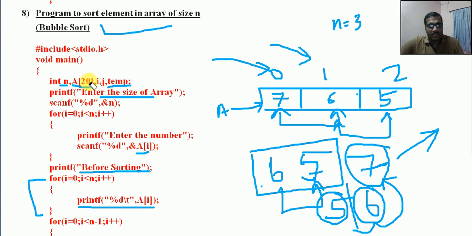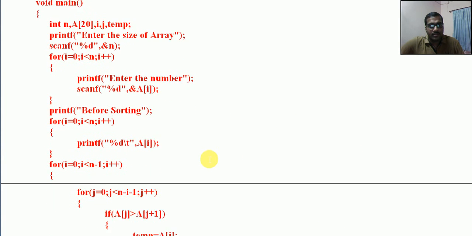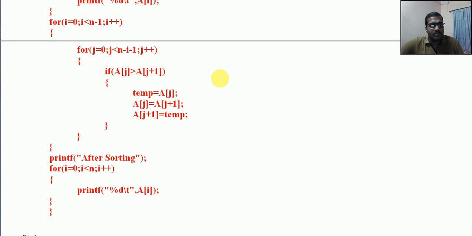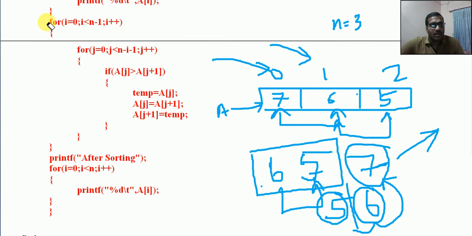Now we will see the other logic, the place where we are actually going to do the bubble sorting. Okay, we'll continue with the program. So all the printing is over. Now we need to look at the loops that are used for doing bubble sorting. Just look at the major portion. This is the portion where we are using the bubble sort algorithm.